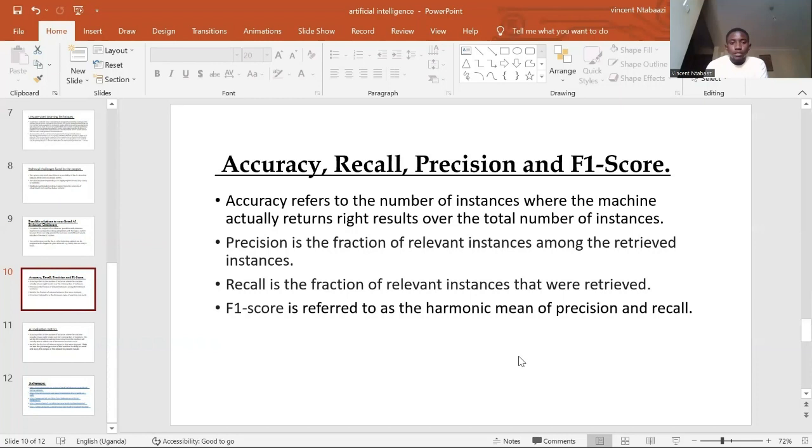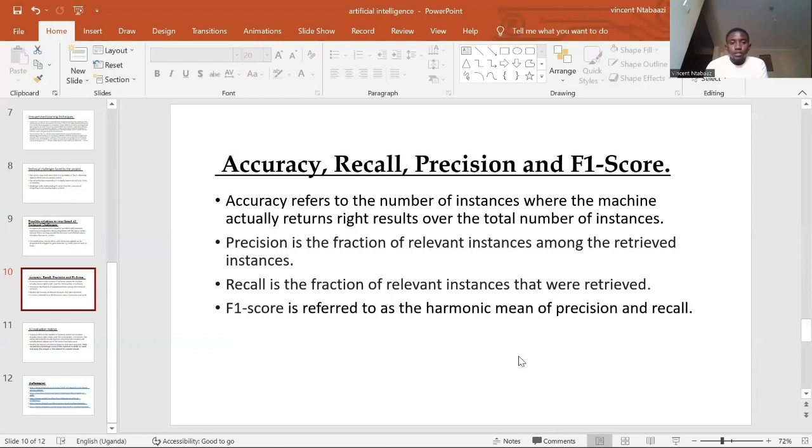Then we have precision. Precision is where we look at maybe if the machine has, we sample out the data that it has given us, and we see how many times it is actually right out of that sample. Then recall is how many times the machine has managed to recall that this is rubbish according to the data we gave it at the start before it started operating. Is it recalling that this is rubbish and this is rubbish, or it is not? Obviously, it can't be 100%, but we could look at those values being 90% and above.